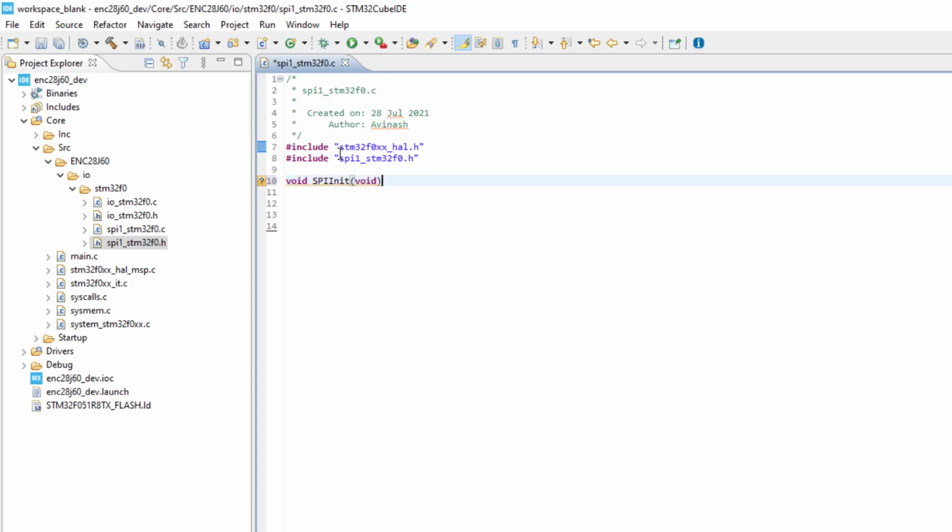This function will initialize our SPI according to the needs of the ENC28J60 IC, which I have already discussed in the previous videos. And the second function helps us read and write to the SPI port. So it will be like this.